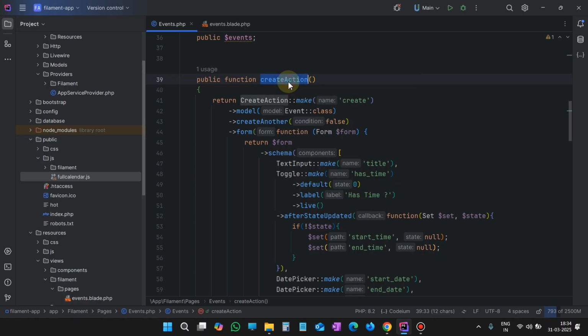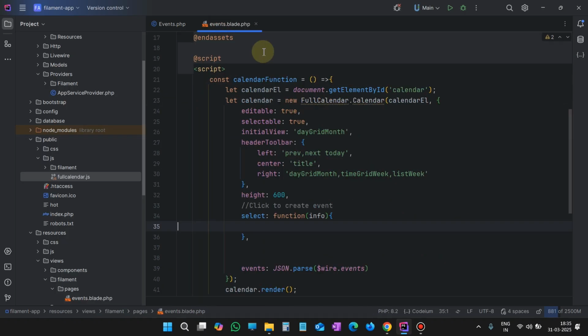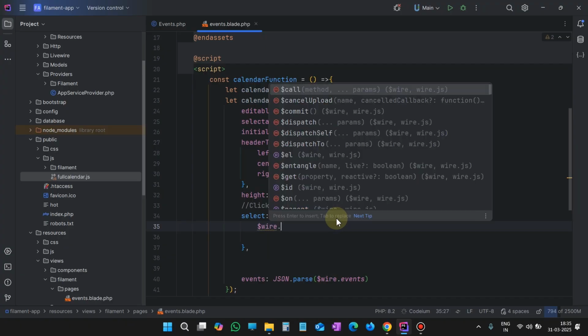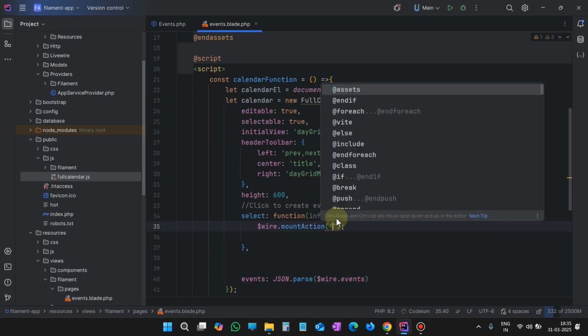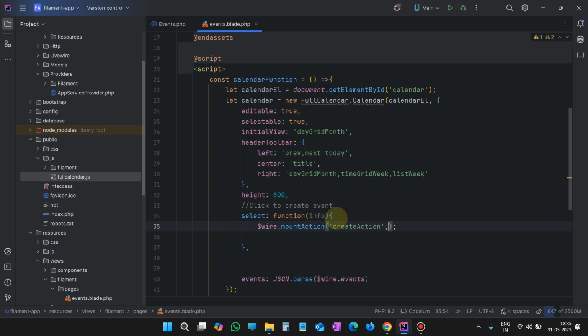We have to copy this name method, not this class. We have copied this. Here we have to write wire dot mount action. Here we have to write the method name we are referring to, that is this create action method, and comma,